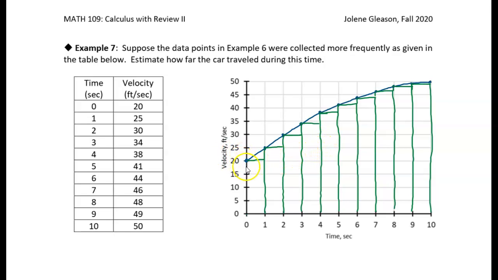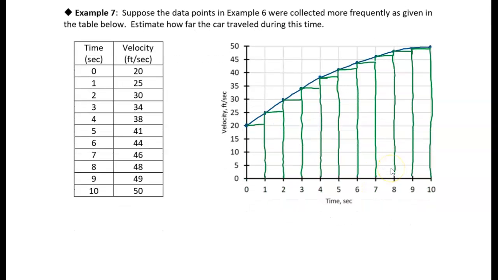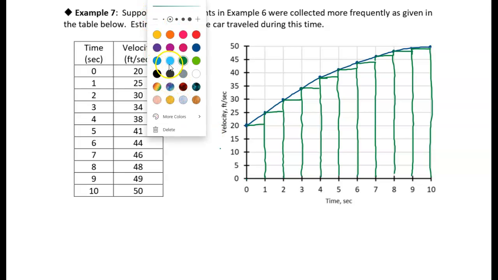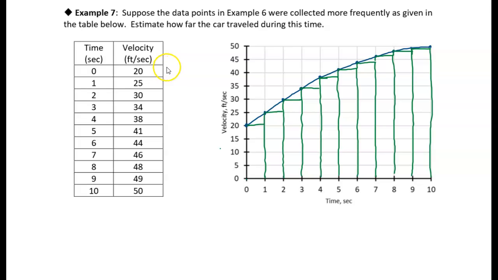So basically I've taken the left-hand data point over each 1 second interval and we're going to use that as the height of the rectangle for each of these areas, right? We're just going to take the height of the rectangle times its width and then add up all the areas of those rectangles. So I'm just going to take these first few data points, except